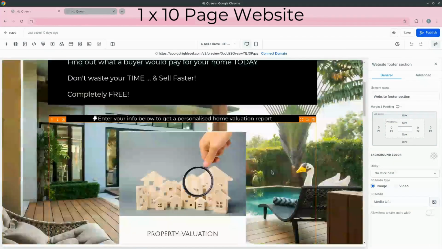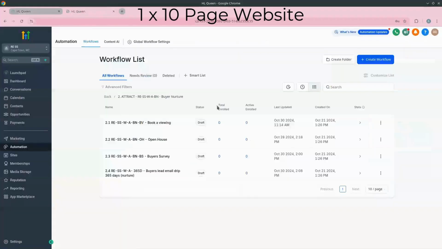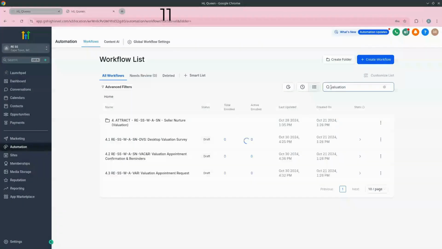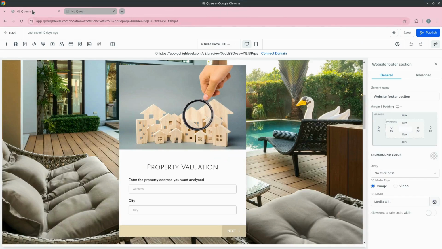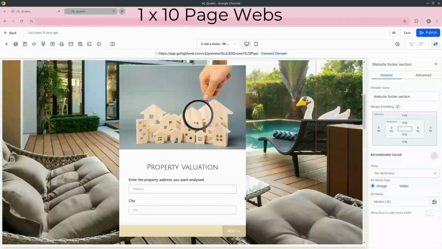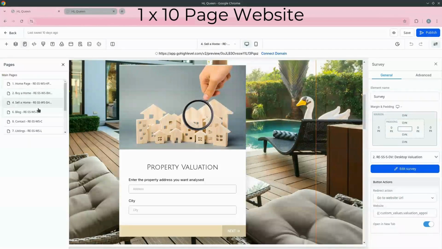Which is basically the desktop valuation, which is this valuation survey, and that will trigger, it will take you into this workflow here with these 3 workflows in there. Okay, so that's how that works, and you'll see that this will also update to the valuation appointment, which is basically what it wants from you: to book an actual valuation appointment with you,